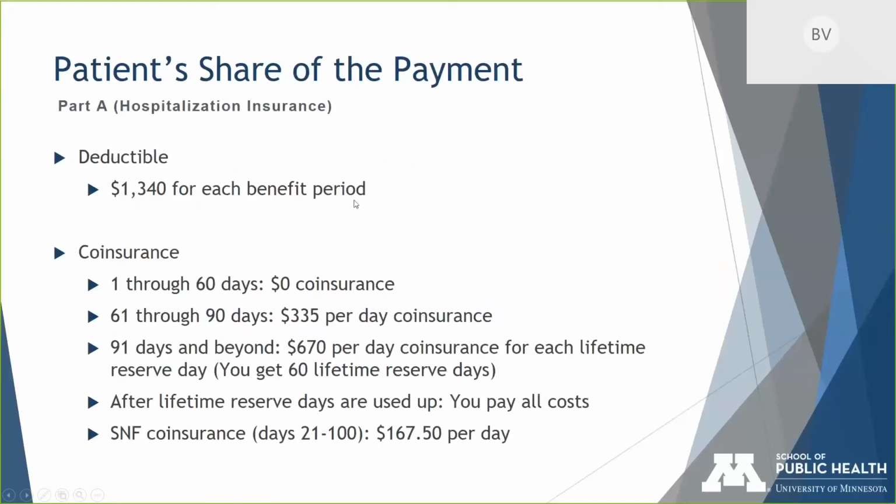So the deductible for hospitalization insurance, which is Part A of the Medicare program, is about $1,340. It changes by year, and it increases slightly every year, but it's one payment per spell of illness. If you're used to commercial insurance, usually there's an annual deductible. Medicare is a little bit different, so you may end up observing patients who pay a deductible more than once during the year, and that's because they have two separate spells of illness that made them eligible to pay